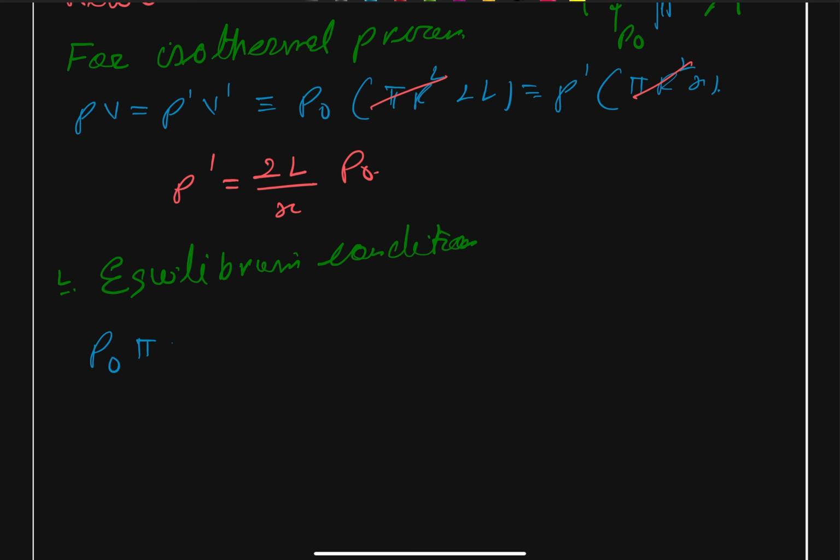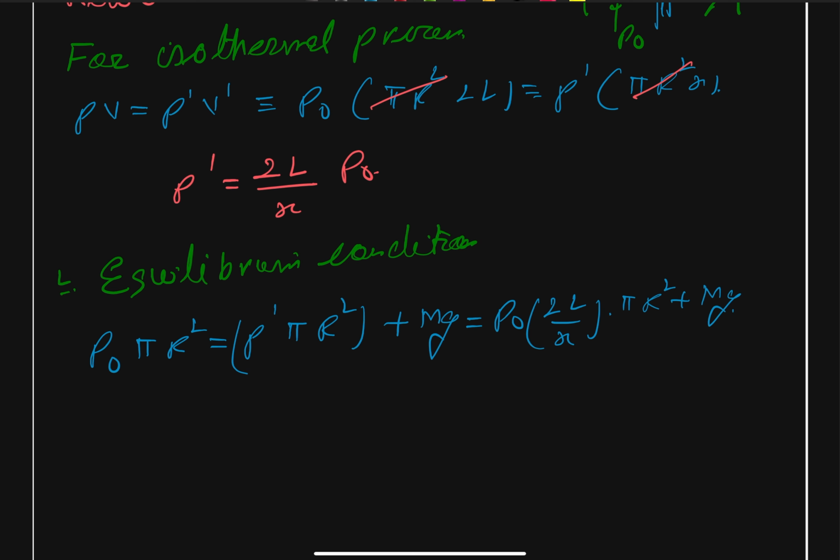P naught pi r square, which is atmospheric pressure force in upward direction, will be P prime pi r square, because of the gas inside the chamber, inside the piston and the upper part of the cylinder, and then we are going to have our mg. We substitute our P prime, so this comes as P naught 2L upon x multiplied by pi r square plus mg, and